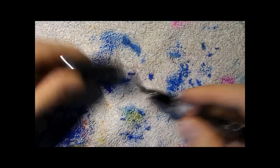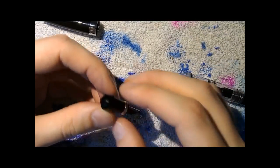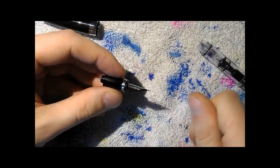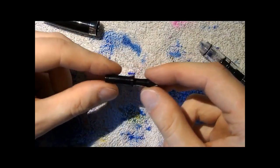Okay. A TWSBI Mini and a Kaweco Sport Classic. I've already shown you once how to take this apart, but let's do this very quickly once again. Nib and feed, they can be pulled out. It's a little difficult, but you can actually do it. It's easy to take out the